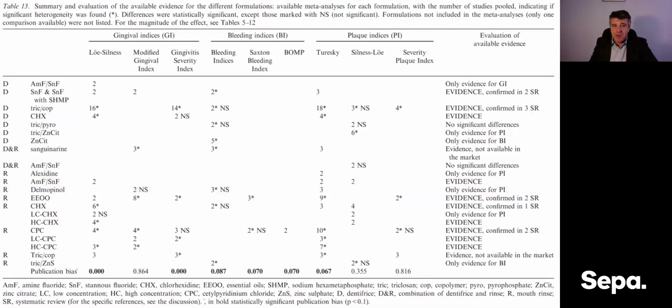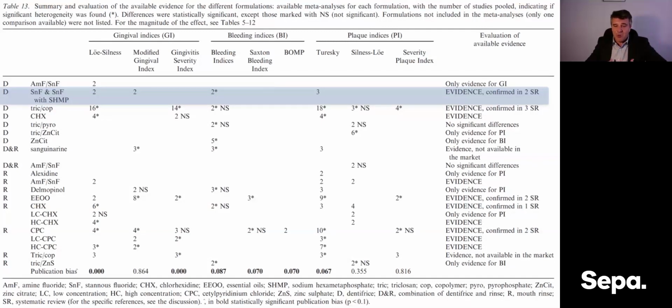And for toothpaste, the ones that provide evidence based on our meta-analysis and other systematic reviews were toothpaste with chlorhexidine, toothpaste with a combination of triclosan and copolymer, and toothpaste with a combination of stannous chloride and sodium hexametaphosphate. Therefore, we have evidence that agents formulated in toothpaste or a mouth rinse are capable of controlling gingivitis, therefore they may have a role in the treatment of